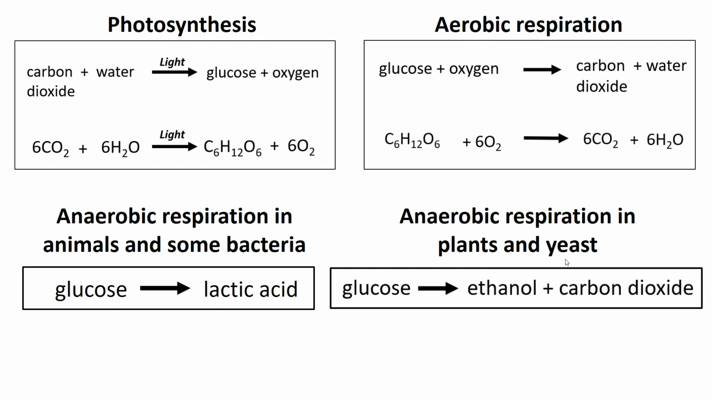In an exam question, it will tell you if it's a plant or an animal, so you need to be able to work out which of these you will need to use. You don't need any formula equations for these, you just need to know the words. So anaerobic respiration is when you take glucose and turn it to lactic acid, and that's without oxygen, that's why it's anaerobic. And anaerobic respiration in plants and yeast is when you take glucose and it reacts to produce ethanol